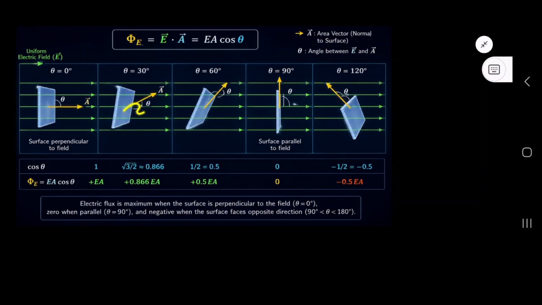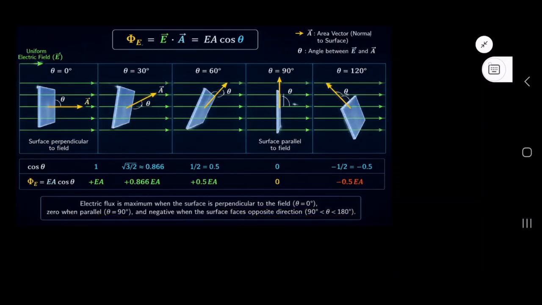Similarly, if we change the orientation to some angle theta equal to 30 degree, then we'll have this value. And if theta changes to 60 degree, and if theta changes to 90 degree, suppose now our electric field lines are in this direction and our area vector is perpendicular. So now the field lines will be 0, means the flux will be 0, since no field lines will be crossing through the surface, as we have seen in the video, right? So it will be maximum when the surface is perpendicular to the field, and 0 when parallel. So it can be negative also